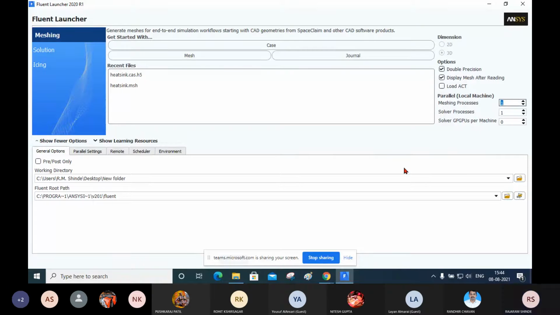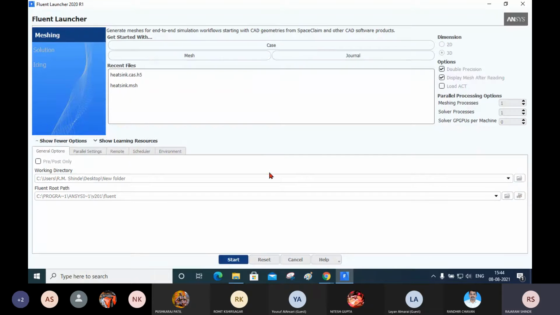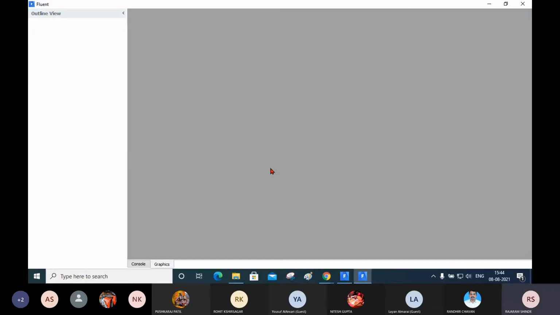After that I'm going to click on the OK button or start button. Now it is going to start the Fluent.